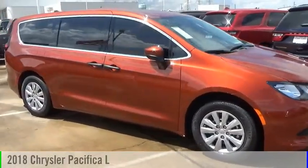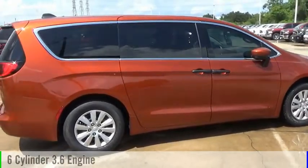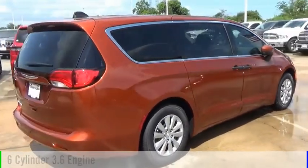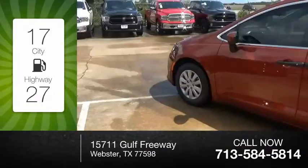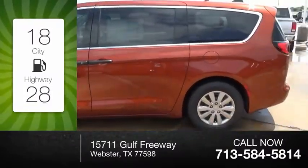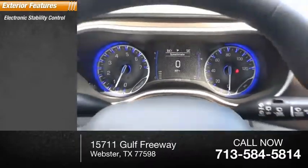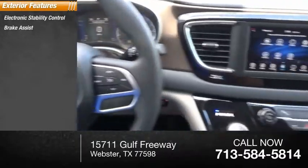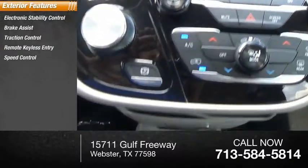2018 Pacifica. This vehicle is powered by a front-wheel drive, 6-cylinder, 3.6-liter engine and comes with an automatic transmission. Great fuel efficiency saves you money by requiring fewer trips to the gas station. Here are some of this vehicle's great options: electronic stability control, brake assist, traction control, remote keyless entry, speed control,